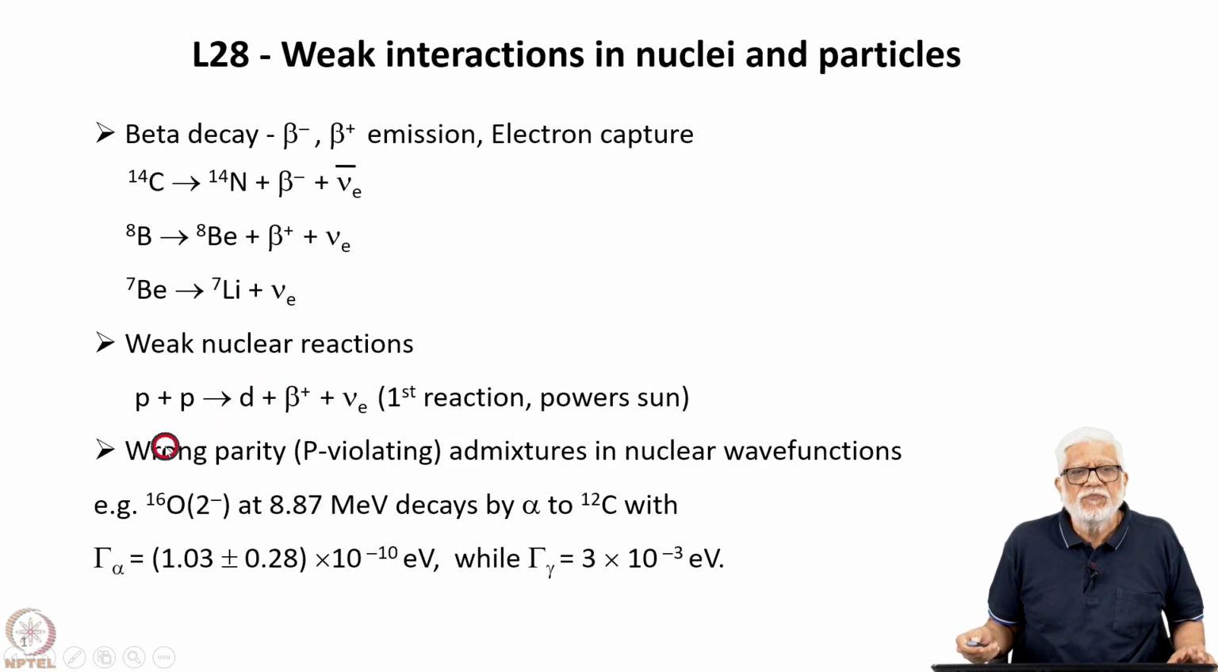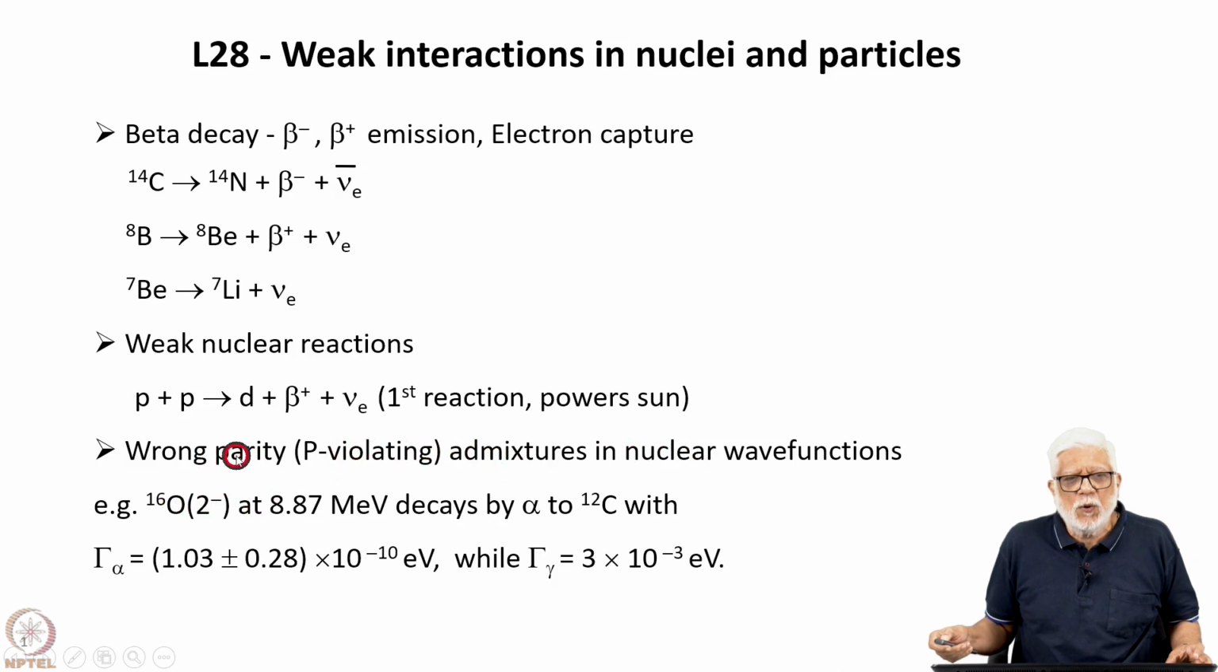The other place where the weak interactions are important is that you have the wrong parity, that means parity violating admixtures in nuclear wave functions. Now, the strong interactions respect parity, so called parity quantum number is a good quantum number, but you can have the opposite parity states in a predominantly certain parity state. So, if you have a positive parity, then you have a predominantly positive parity, and then you can have admixtures of the order of 10 to the minus 10, 12 and so on